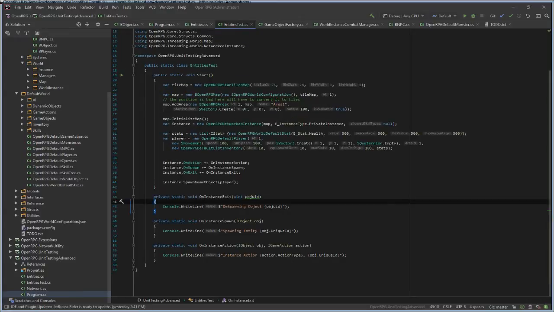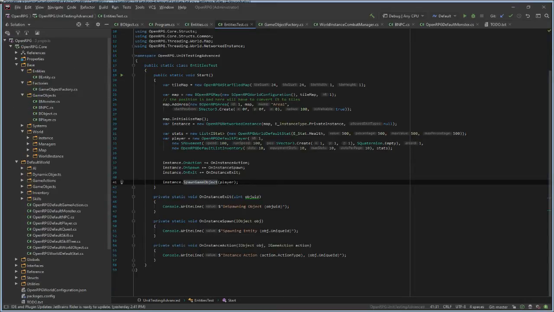So if this object despawns from the instance, it's gone forever. It can be respawned. So once you're gone, you have to re-enter the instance, go through the spawn process, and so on.